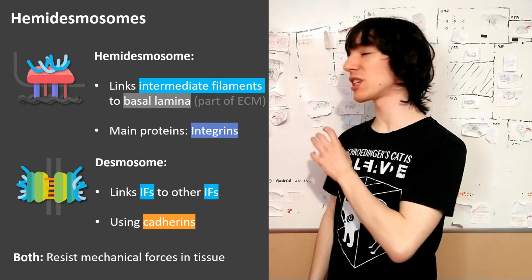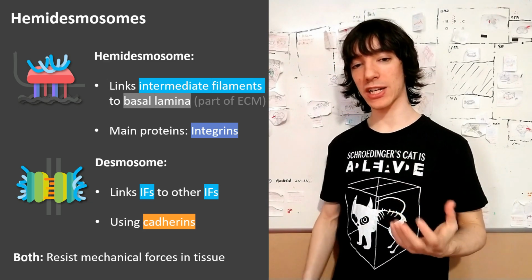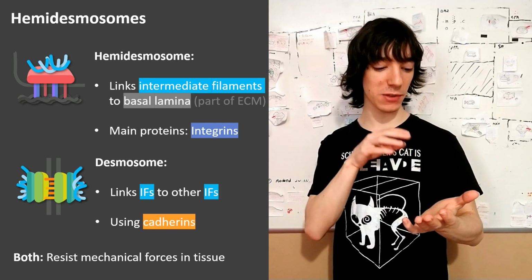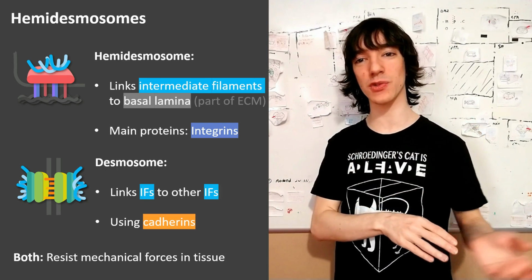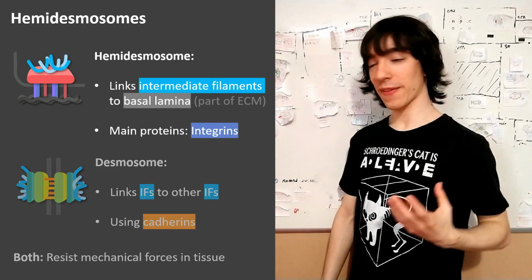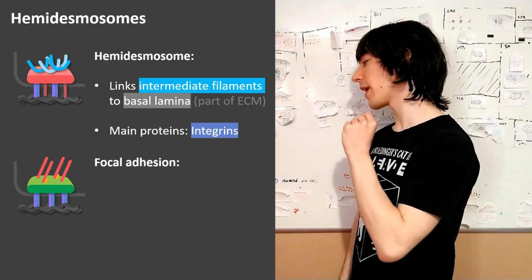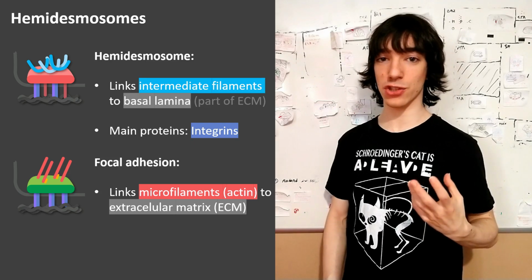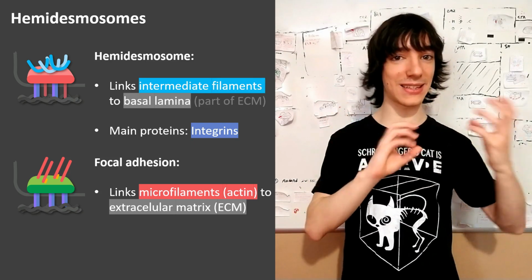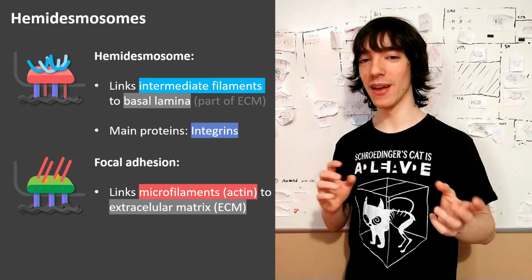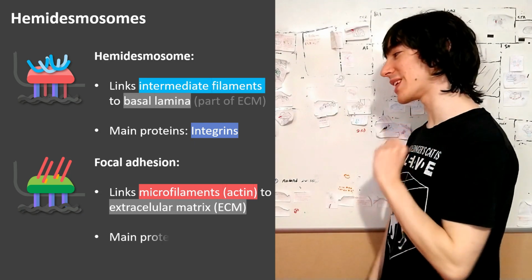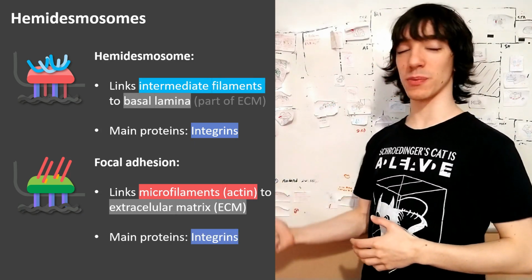So in the end, hemidesmosomes and desmosomes both are trying to protect cells against friction or other mechanical forces by attaching them strongly to other cells or to the extracellular matrix through the intermediate filaments, but they do it in different ways. Focal adhesions, on the other hand, connect to the microfilaments, which are not that strong, and although it helps cells to migrate, to test the properties of the tissue that surrounds them, it's not so good at resisting forces, so the function is different in that case. But they also use integrins in a similar way as hemidesmosomes did.